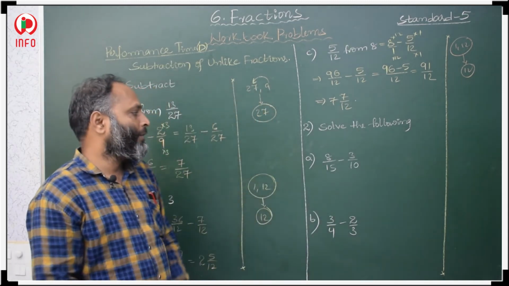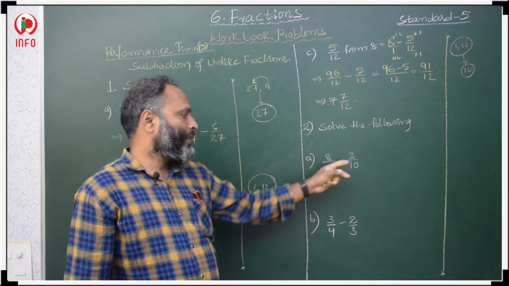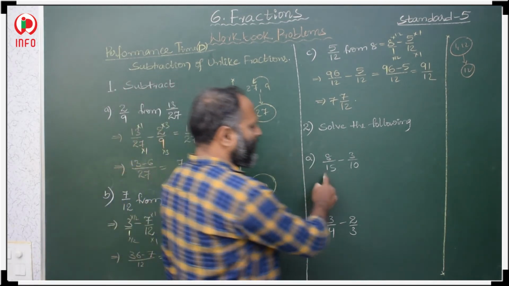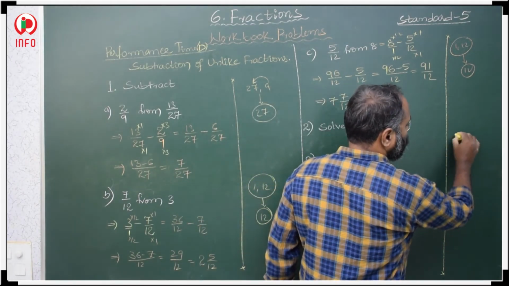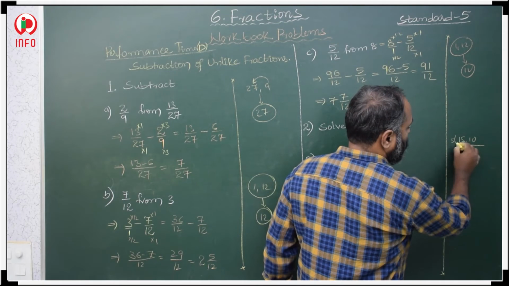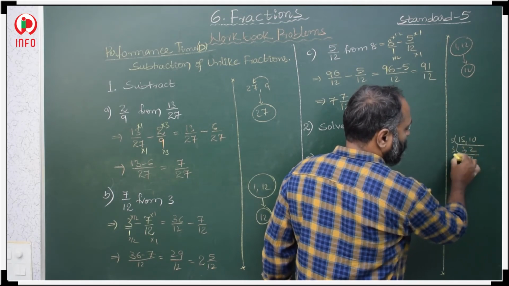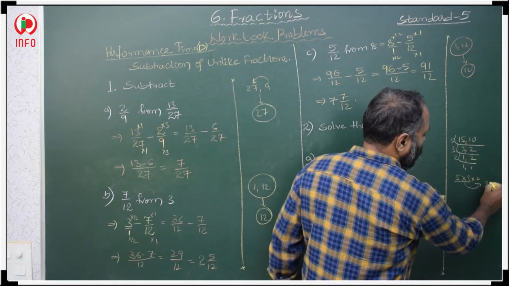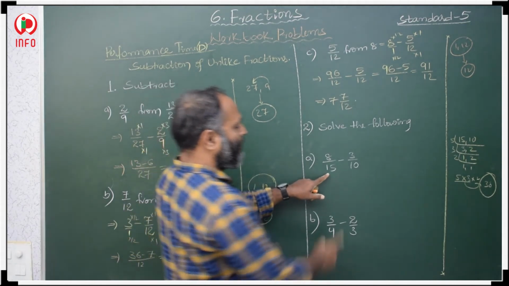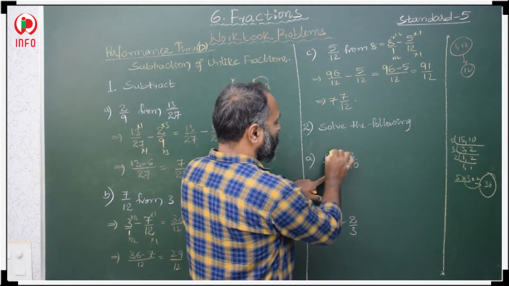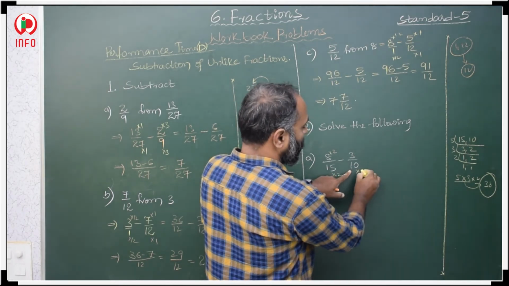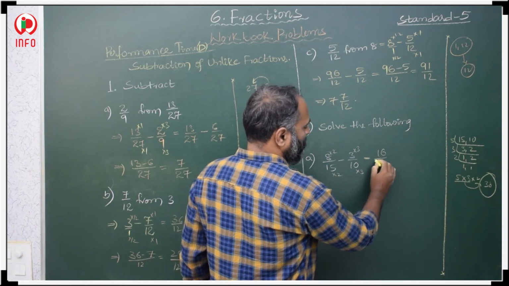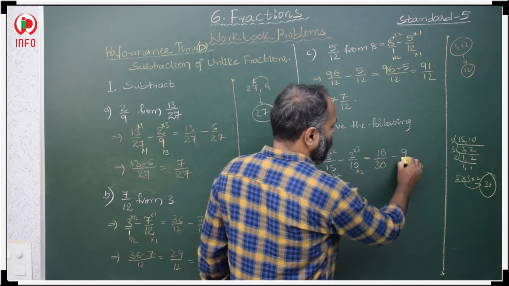Okay. Then after that, we have to find the difference of 8 by 15 minus 3 by 10. The LCM of 15 and 10 we have to find. 5 3s are 15, 5 2s are 10, so 5 into 3 into 2, 5 3s are 15, 15 2s are 30. The LCM is 30. In the 15 table, when will you get 30? 15 2s are. In the 10 table, when will you get 30? 10 3s are. 8 2s are 16 by 15 2s are 30, minus 3 3s are 9 by 10 3s are 30.